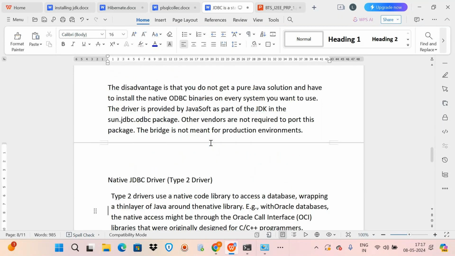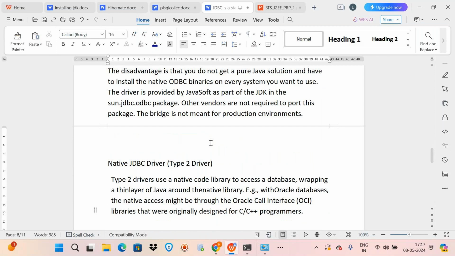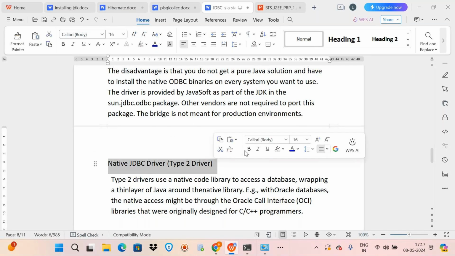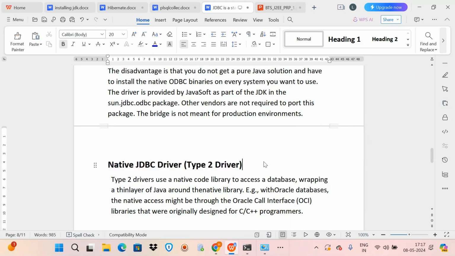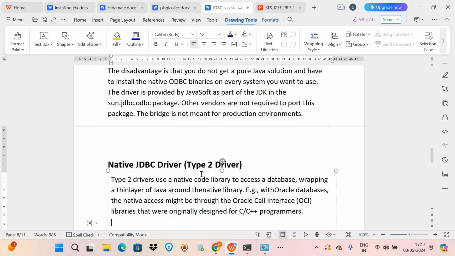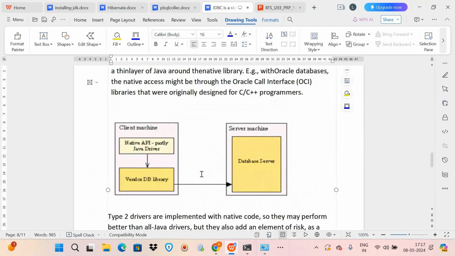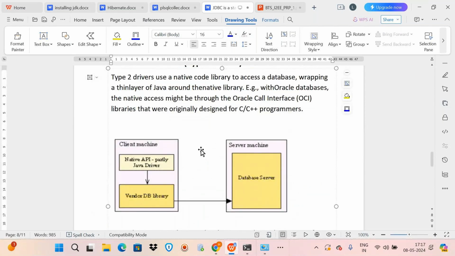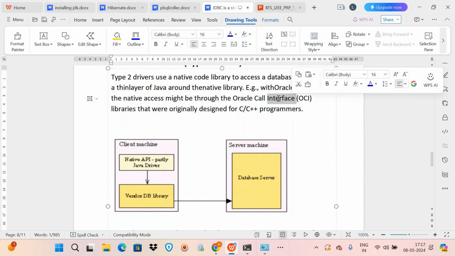Since it is not purely Java and you have to install ODBC also, we will not much encourage the type 1 driver. And next, type 2 driver. Type 2 driver is called native JDBC driver. So this driver is also not a purely Java driver. Here also you will have some native calls with some interface. Like how we are using the ODBC driver, here also we have to use some Oracle call interface for connecting